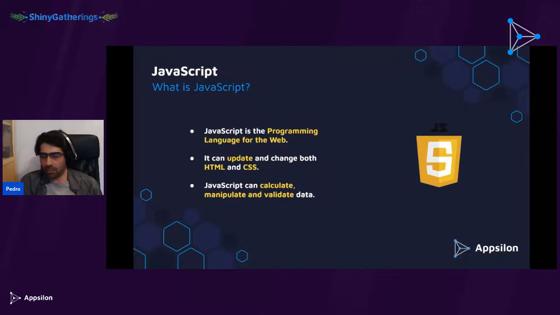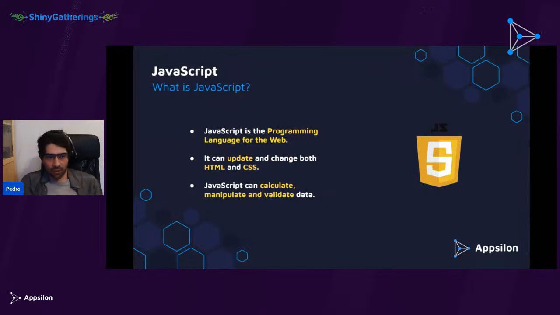It runs natively in the browser. Pretty much any other language that you would use most likely will somehow use JavaScript, either to glue itself to the page or would be converted to JavaScript down the line. This is the case of things like TypeScript, for example, which is a superset language of JavaScript.